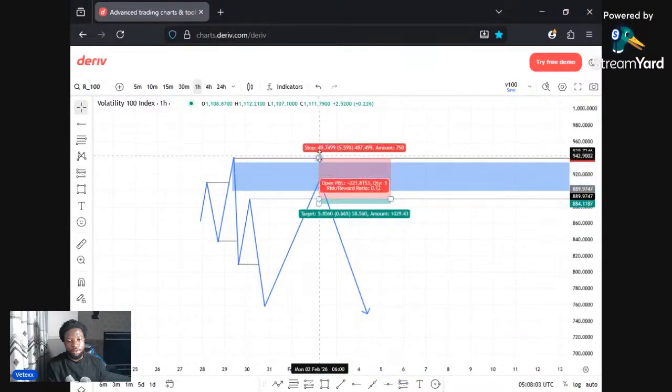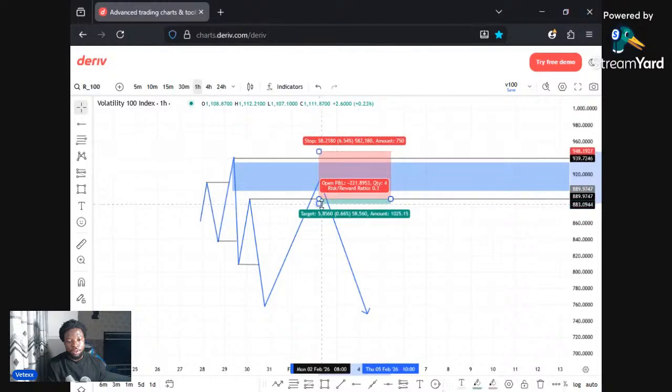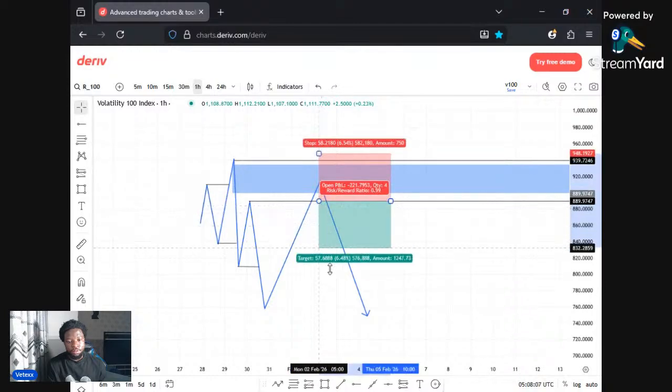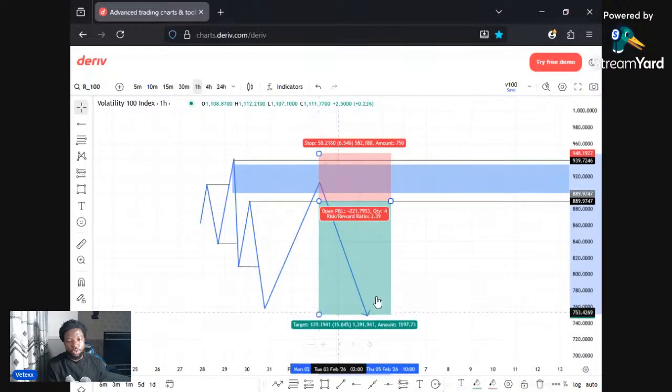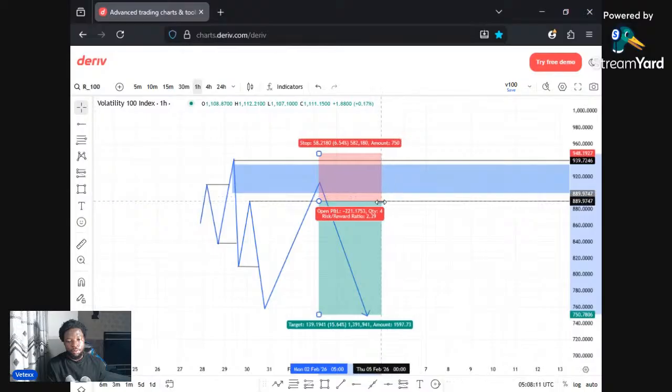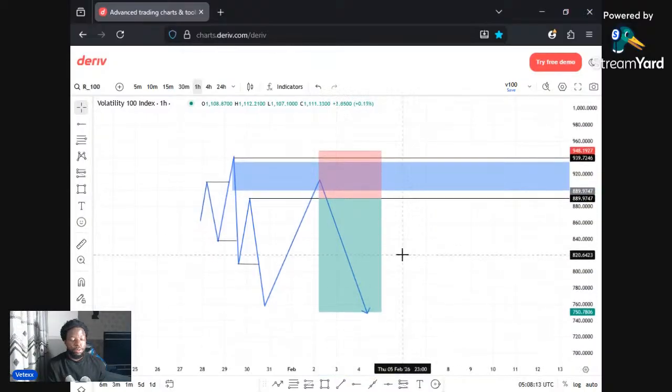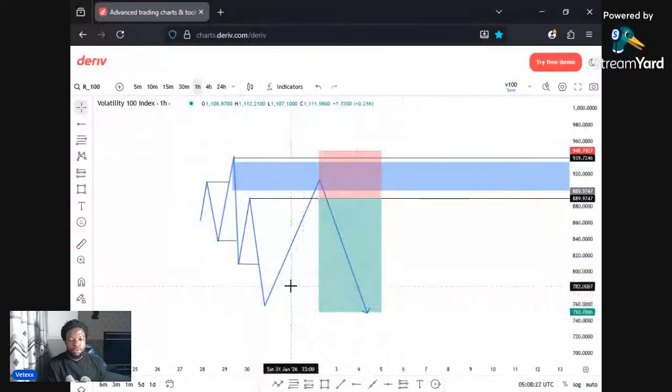This becomes our stop loss, and then this is where the price is going to. This is where price goes to. So basically, what I explained about top-down analysis is that when you see this on the higher time frame,